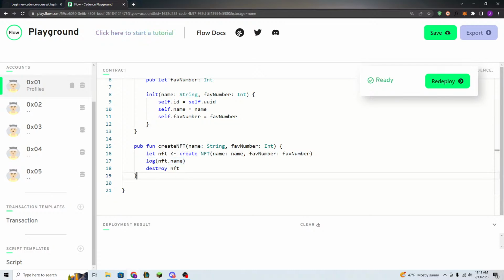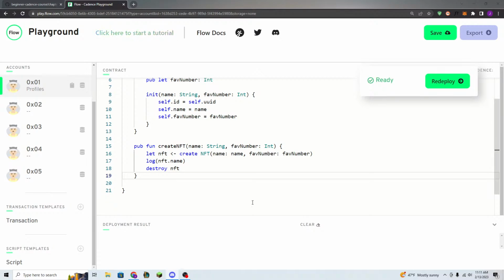Any questions so far about maybe the differences between structs and resources? All right, it seems like we are all good. Cricket, yeah, sometimes crickets is a good thing. Guess people are following along. Okay,